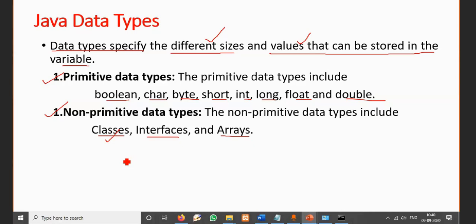Like I can add two integer numbers easily. I can write a plus b. If a and b are two integer numbers, I can directly add them. So that is the difference between primitive and non-primitive. A primitive data type directly supports all the operators which are available in the programming language to perform operations.